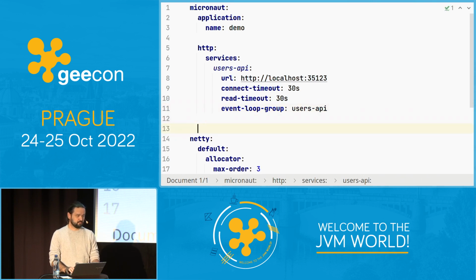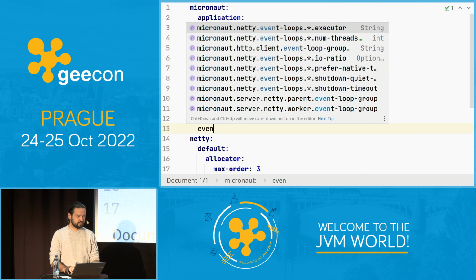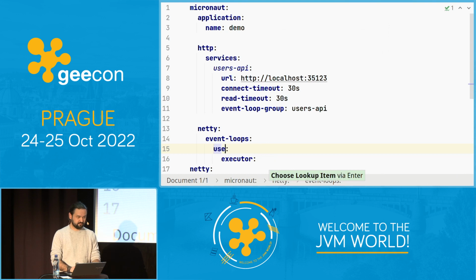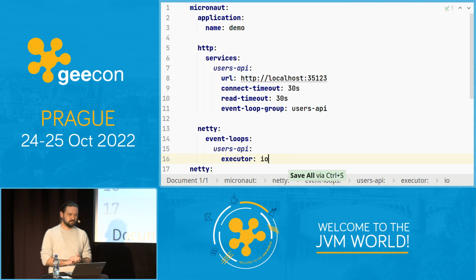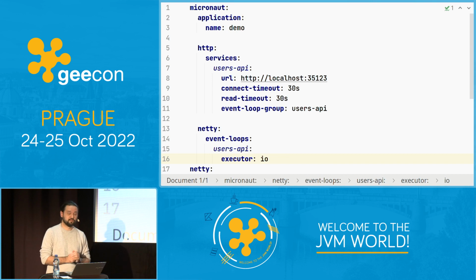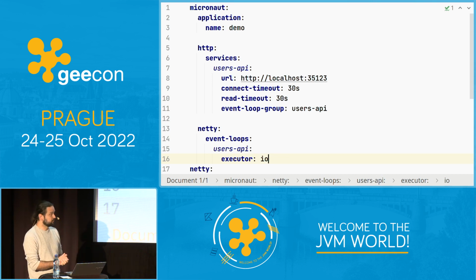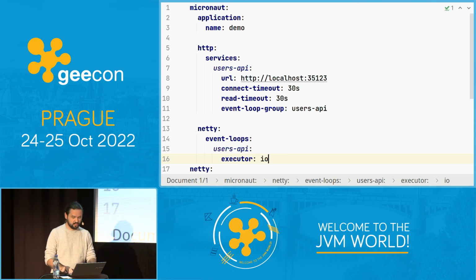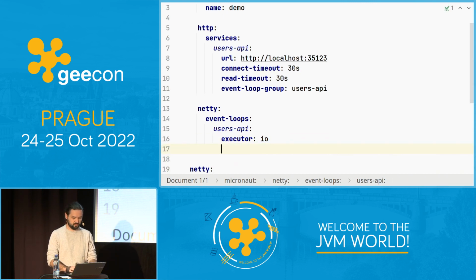And now if we go under the Micronaut, we have Micronaut netty event loops. And here I can specify the same name, users API. Here I can choose an executor. Let's decide that this HTTP client will be running on the IO thread pool. This is the default thread pool that is designed to handle blocking operations. HTTP call is a blocking operation, especially if we do it in a blocking manner. So we have this executor IO, and also let's define that we will only occupy one thread from that IO